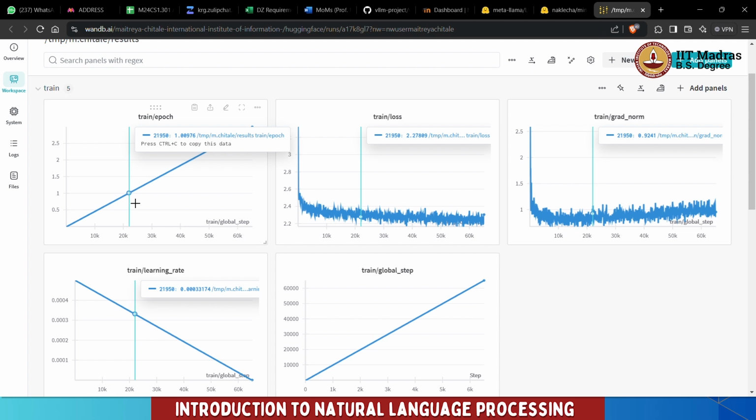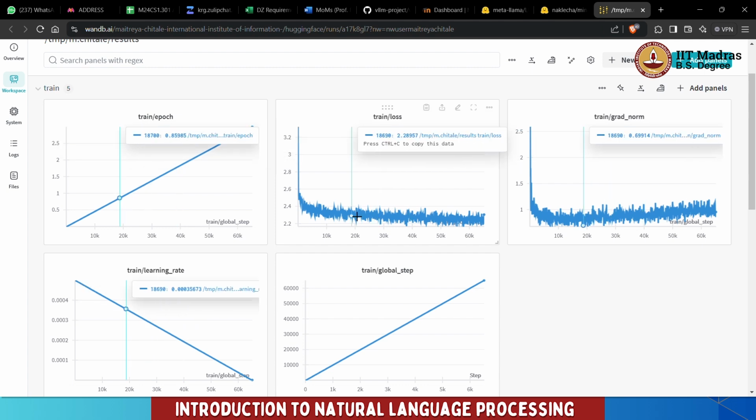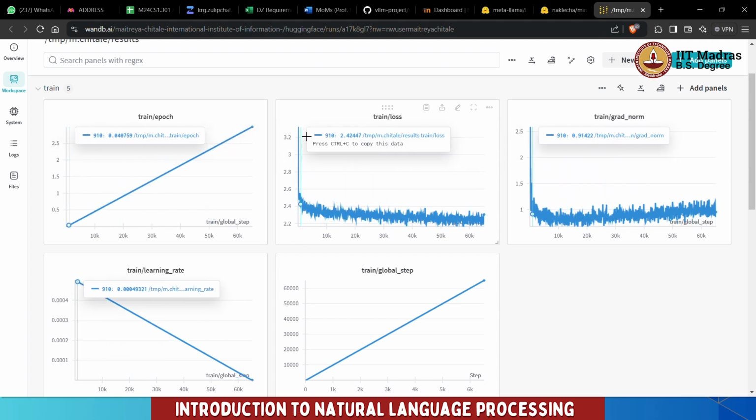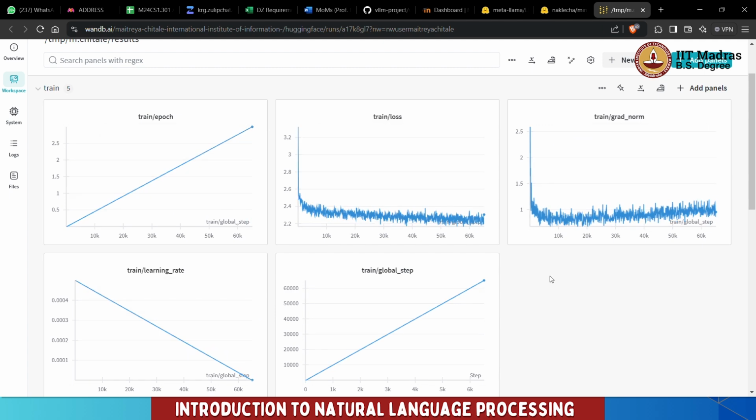This is plotting the train loss at every step. As you can see, it starts at around 3.3, then suddenly falls to around 2.4, and then it starts to go down and averages around 2.25, something like that. So as you can see, it is going down. The model is learning something, and most definitely 3 epochs is not enough for this model to learn anything. We definitely need more than this, or we need to increase the learning rate, or play around with other